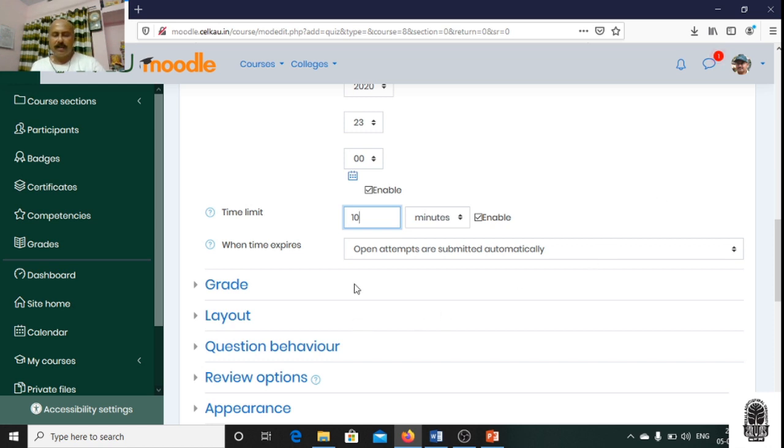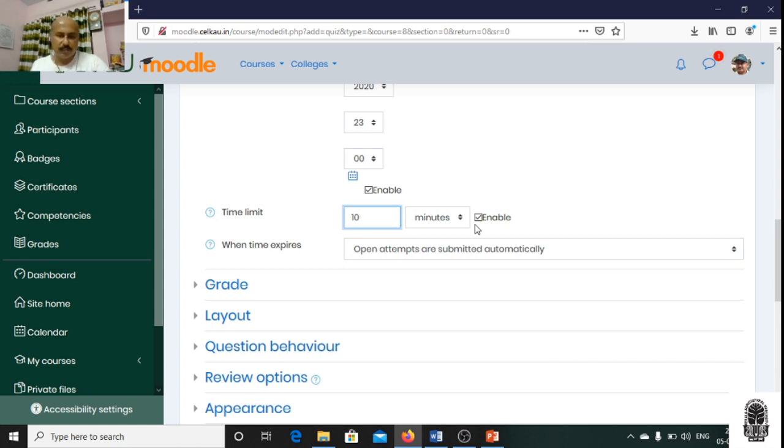So when I put like this, when the student opens that course, he can see a running timer there. Within 10 minutes, he or she has to really concentrate and complete within that time. Otherwise, it automatically closes, and all that has been attempted up to that time will automatically be closed and accounted for.